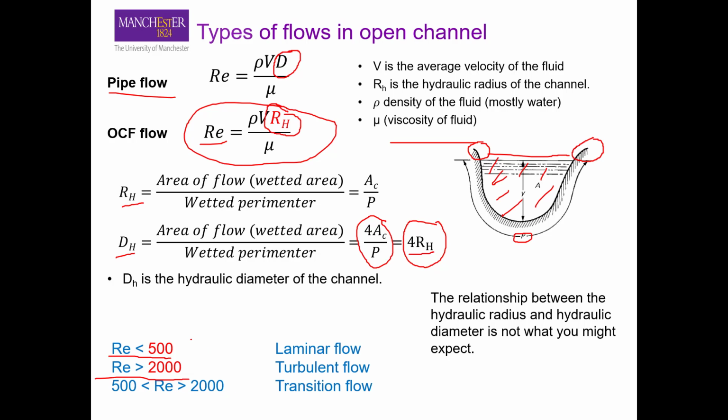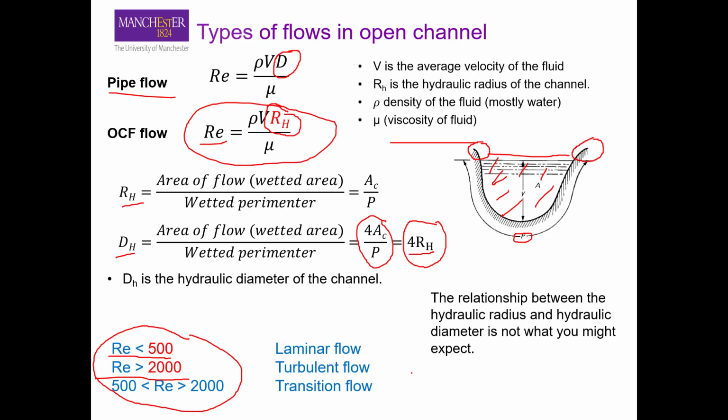And if you notice here, the values of these Reynolds numbers are much lower than the Reynolds number values for laminar and turbulent flow in a pipe. So for example, the Reynolds number for laminar flow in a pipe is around 2000, and if you are in turbulent flow in a pipe, the Reynolds number is around 10,000. While for open channel flows, these Reynolds numbers are much lower. Okay, and